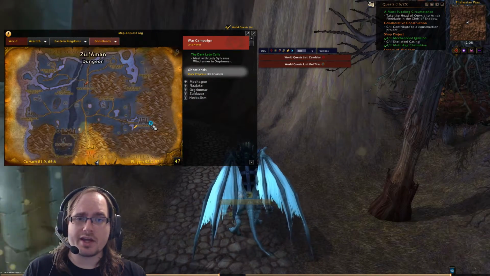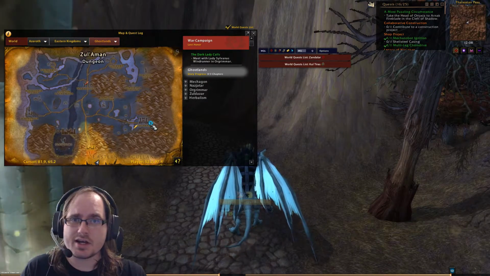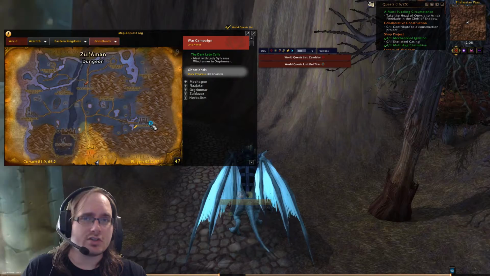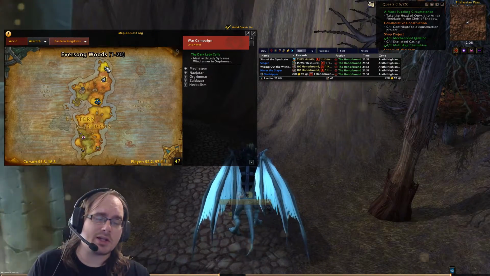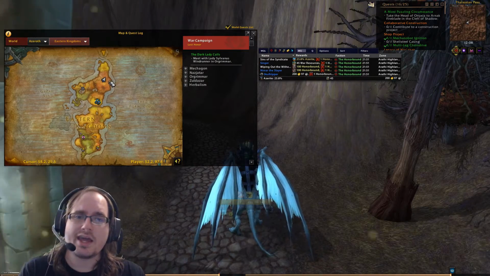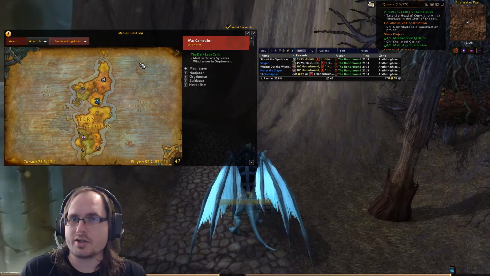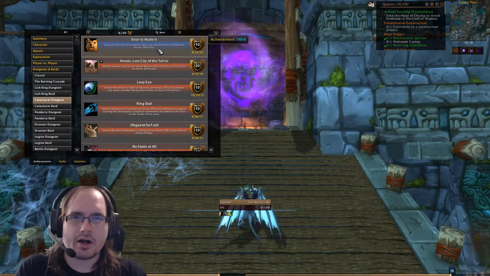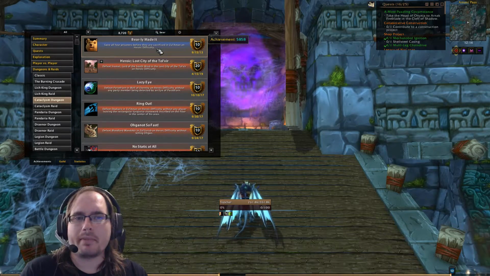Once we're here, we're going to head over to the Zul'Gurub dungeon on the southeastern side of the map. Alternatively, if you were doing this on the Horde side and you wanted to teleport into Silvermoon, head down to Zul'Gurub and then do Stratholme, you could do that as well. Either way works. Once you get to Zul'Gurub, what we're actually doing here is grabbing an achievement called Barely Made